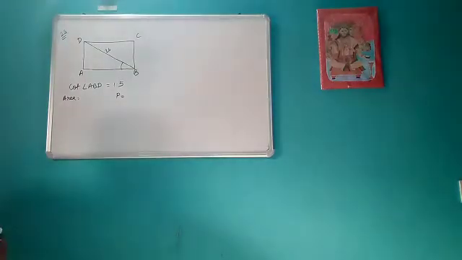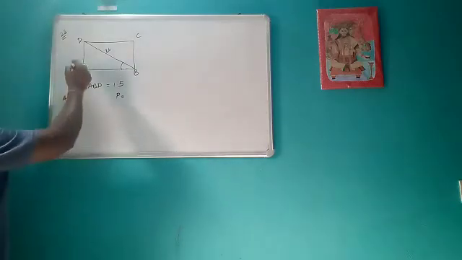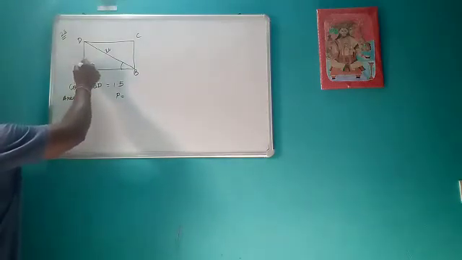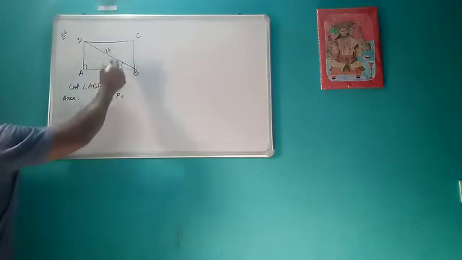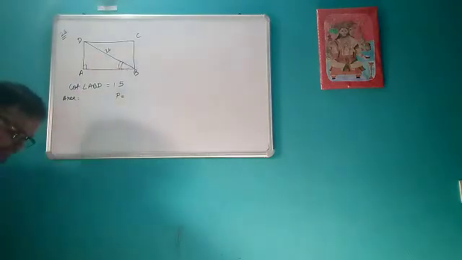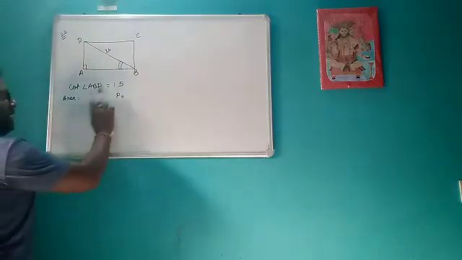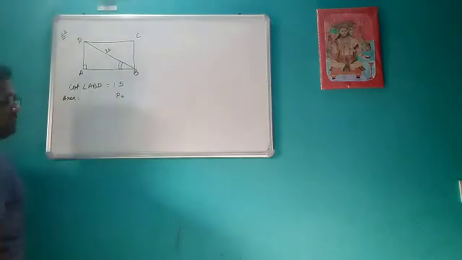Okay, let's discuss one more question. Now it is given that ABCD is a rectangle. So we will use the properties of a rectangle, remember. And diagonal BD is given as 26 and cot angle ABD is given. Now we have to find the area of this rectangle and the perimeter of this rectangle.